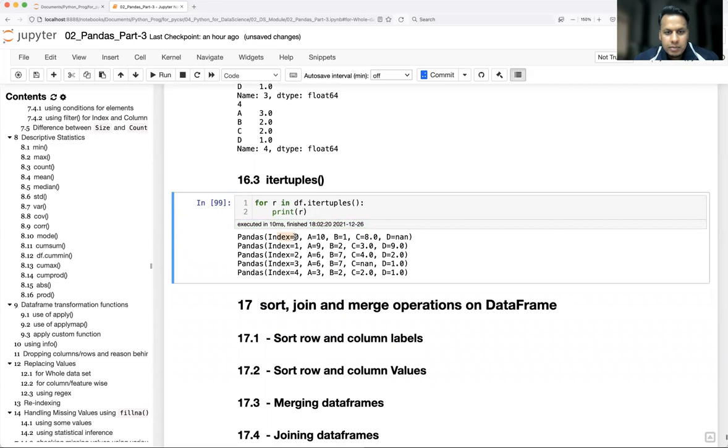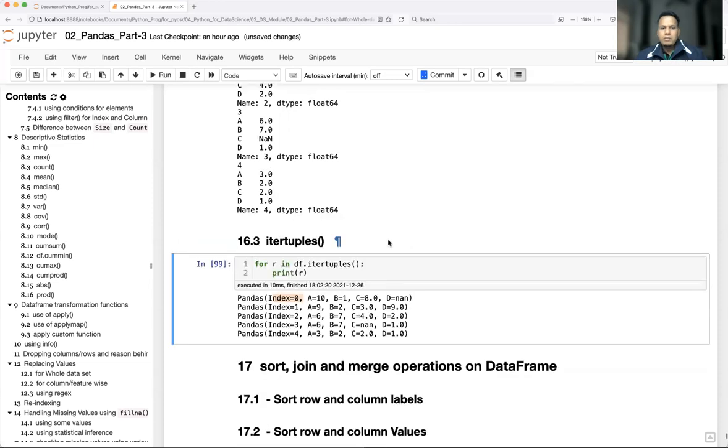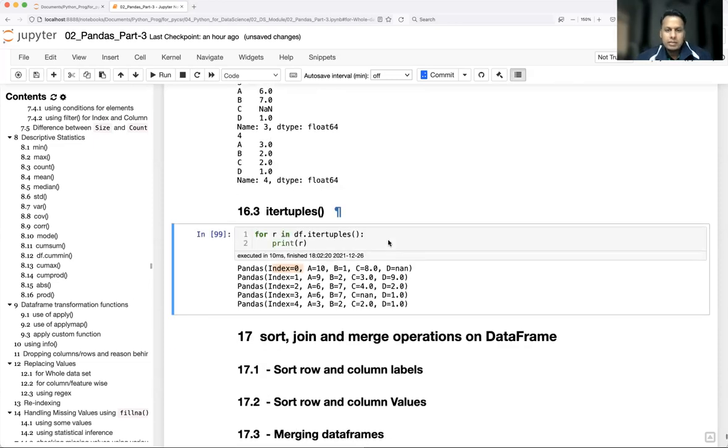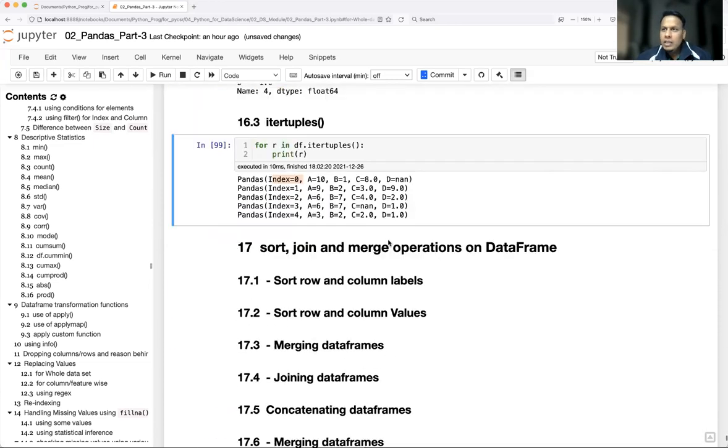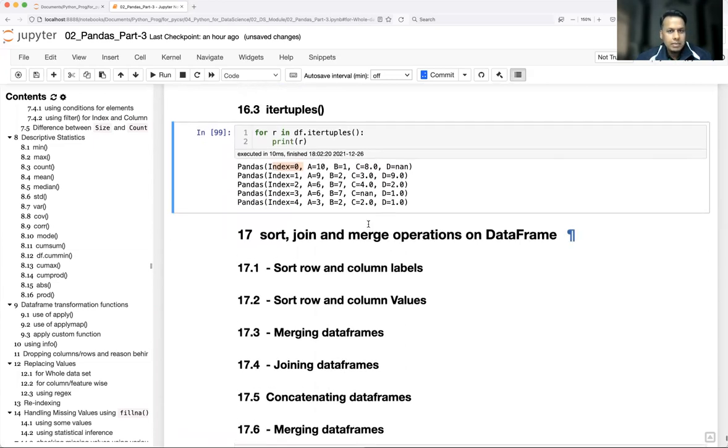Each row has your row header, that is index 0 1 2 3 4, and for each row it is going to return individual elements, that is column A is 10, column B is 1, at a particular index, that is the 0th row or first row. So whichever way you like, you can use based on the need. Okay, guys, so that's about this.